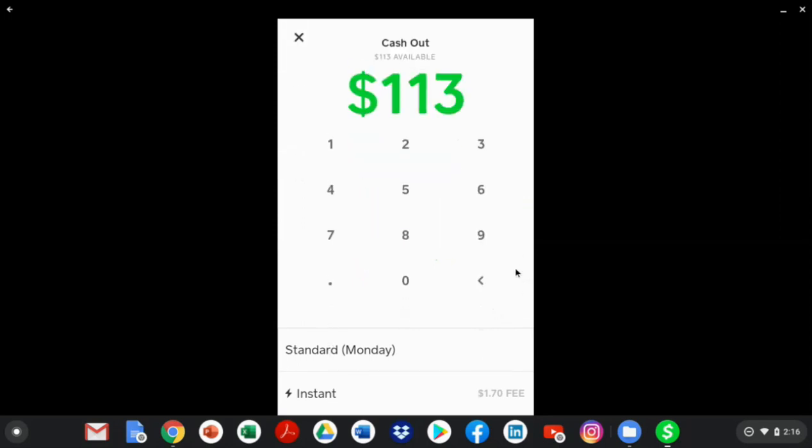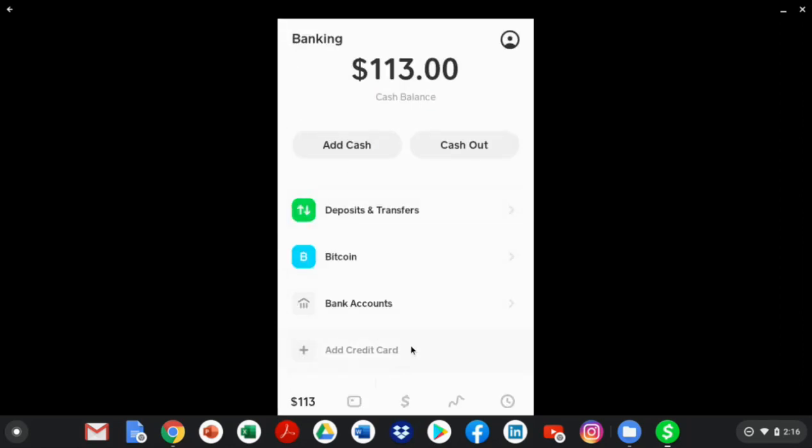It can go into your account, and you can get it by Monday. That means no fees will be taken out. If you want it instantaneously in your account, it's a $1.70 fee. So remember that anytime you do it instantly, there's a fee, usually like 10% or 11%. And if it takes a few days, it's free, because it's connected to your account. Okay. If you have any questions